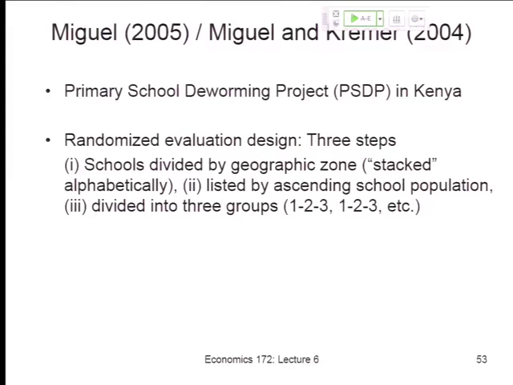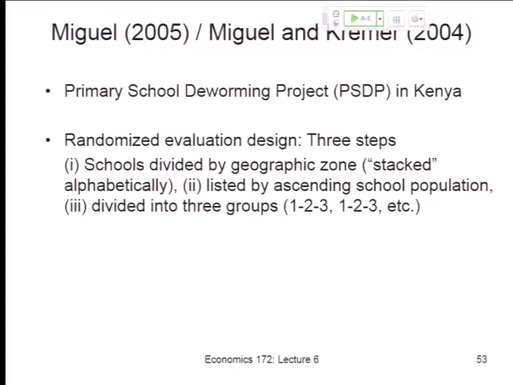And part of the reason we did it with this very simple rule of stacking the schools into different geographic zones is this was one of the first experiments of its kind done in development economics. It was one of the first done in East Africa. The local officials didn't know exactly what we were doing. They were used to medical trials, but not these kinds of interventions at the level of the school. So we wanted it to be just really transparent. We could show them the list, explain the rationale for why the schools were ordered in a certain way,